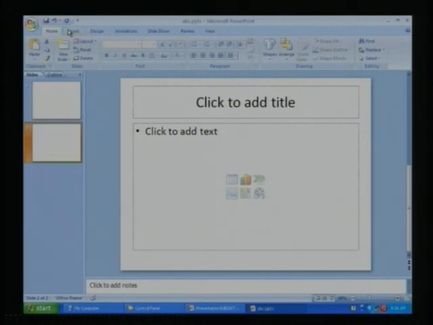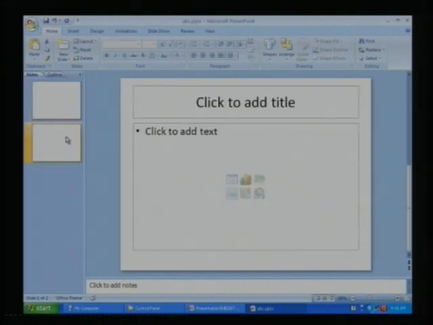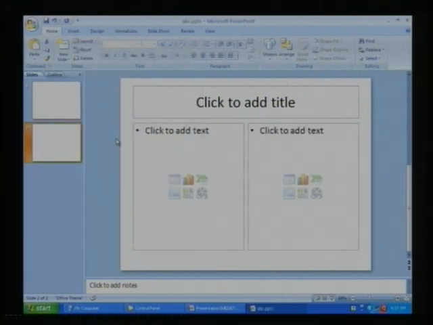After that, once you have selected a layout of a slide while inserting, if you want to change that layout, then select that slide from the left hand side panel, click on the layout button and again reselect the layout. So you can change a layout after insertion also.